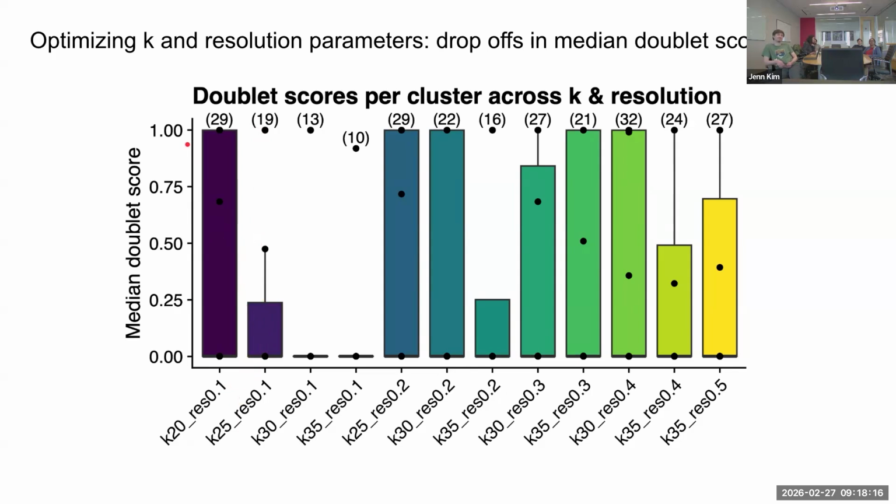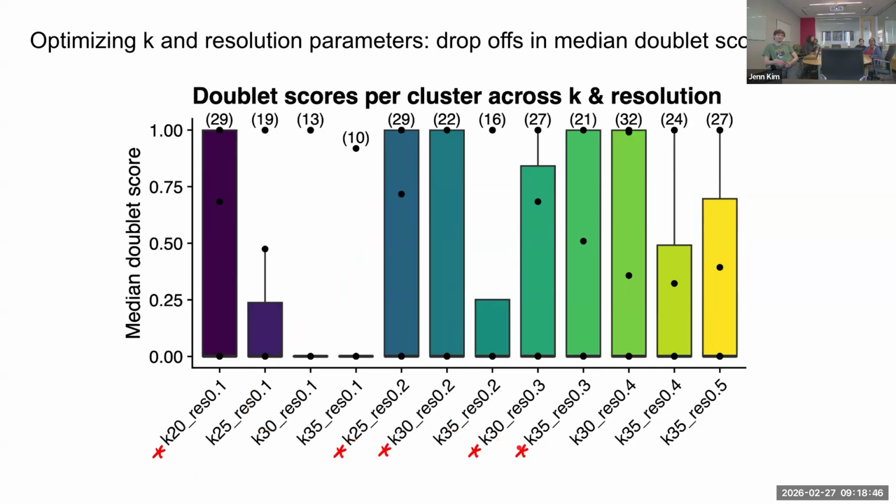So you can immediately appreciate here that there are these really stark drop-offs in median doublet scores, indicating that some of these clusters are likely made up of a lot of originally labeled doublets. And looking across all of these options, I've just highlighted 5 parameter combinations that I moved further with for further investigation,